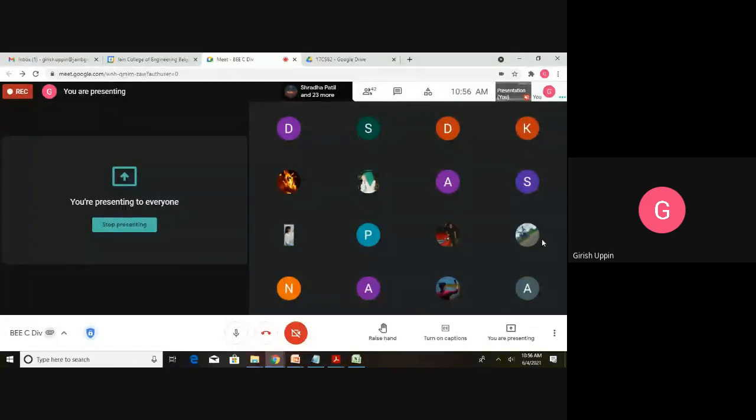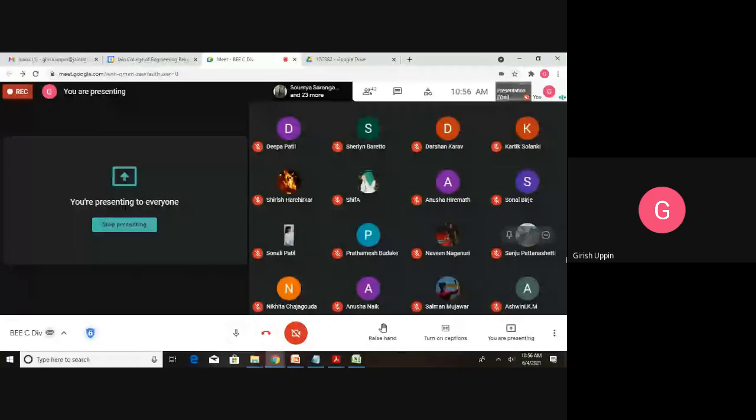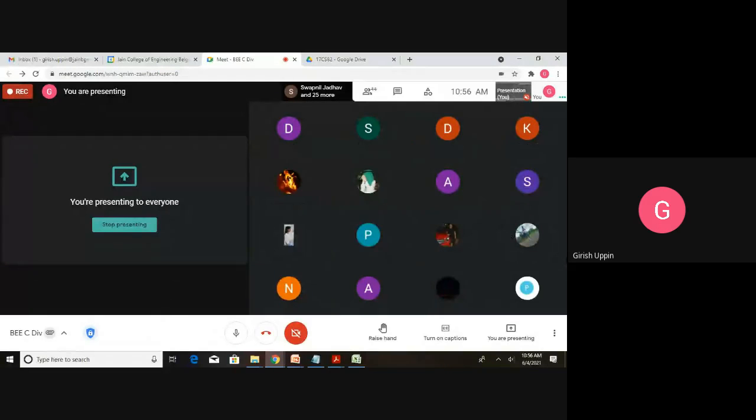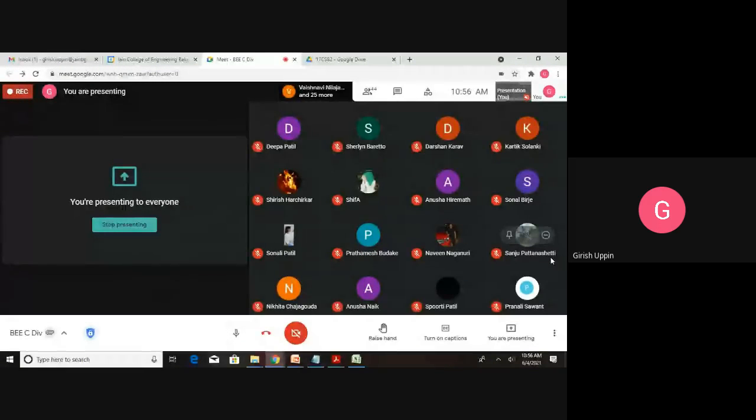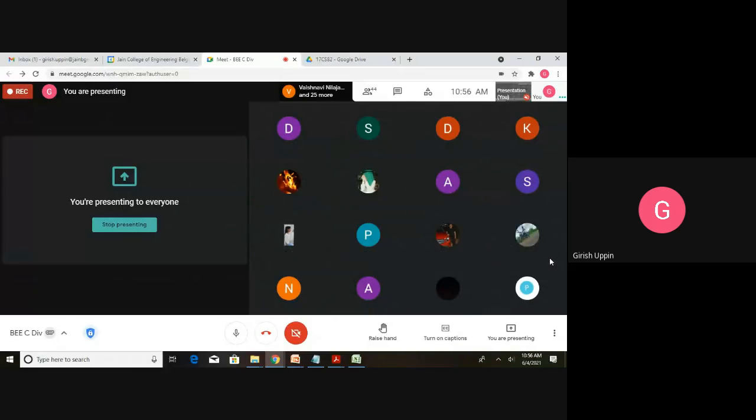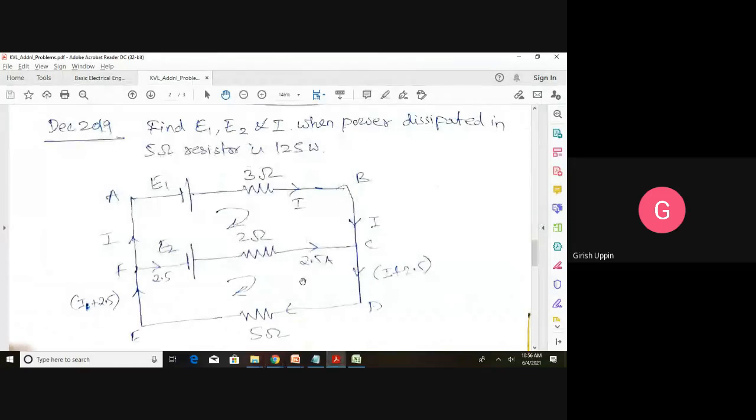Okay. So shall I go ahead and show you the solution, how it should be done, or you want to try? Okay. So I will give the hint here. The first thing you have to do is, this problem is not at all different from what you have solved. If you think they have given the EMF source itself as unknown, don't worry about that. You apply the basics, whatever you have learned.